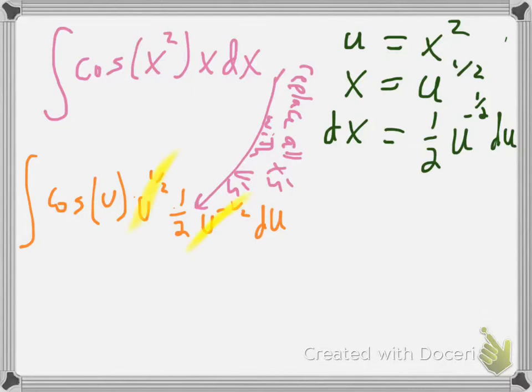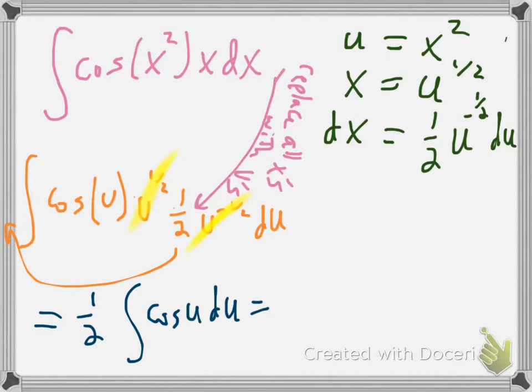which sounds horrible, but actually there's some nice cancellation that happens. The u to the 1/2 and the u to the negative 1/2 cancel each other out. You can think of it as 1/2 plus the negative 1/2 is 0, u to the 0 is 1. And then we can also take that 1/2 and just pull it outside the integral sign. So in the end, what you're left with is 1/2 the integral of cosine u du. And we know what the integral of cosine u du is. That's exactly in the template that we had for the backwards chain rule before. It's just 1/2 sine u